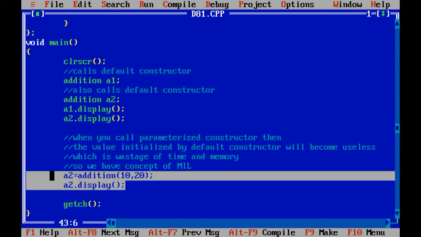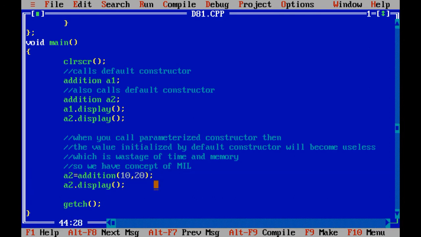Using this concept, when you call the parameterized constructor, whatever values have been initialized by the default constructor become useless. So for such a purpose you have the concept of MIL, right?